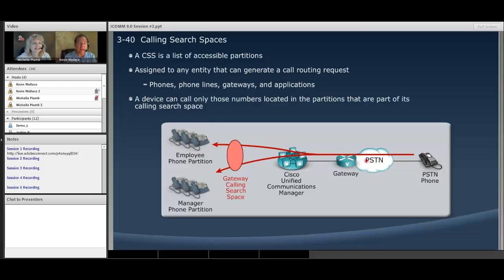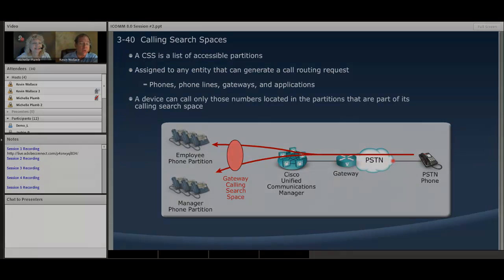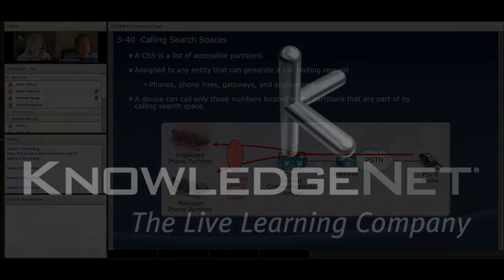We then take those buckets and we assign them to calling search spaces. I could have a calling search space that is for, again, assume everybody can call emergency, but I've got an internal calling search space, and it contains the partition